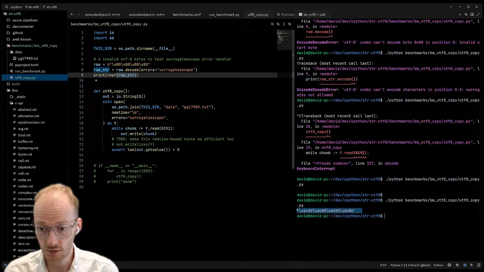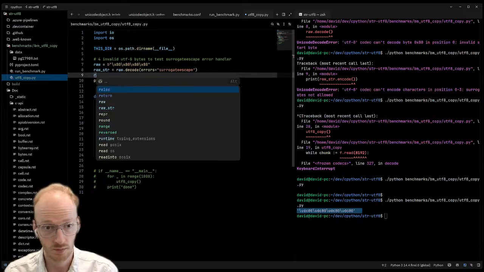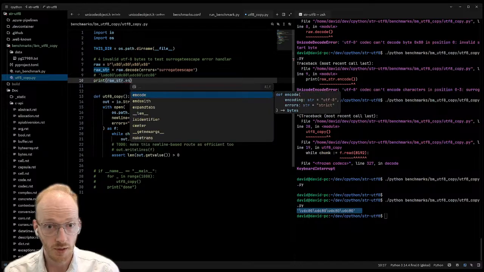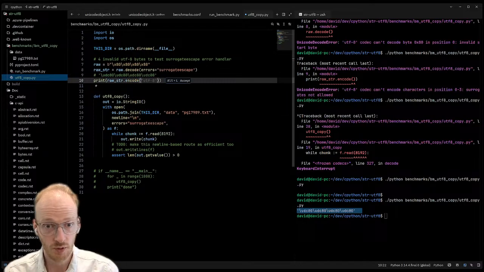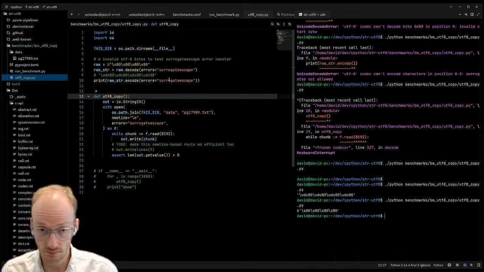Okay, fine. And now print. And that's the round trip. And that also needs error handling.